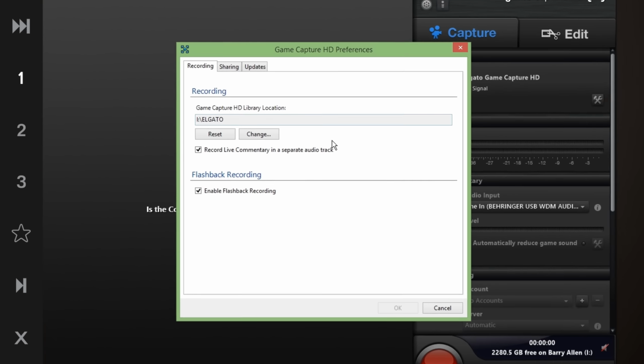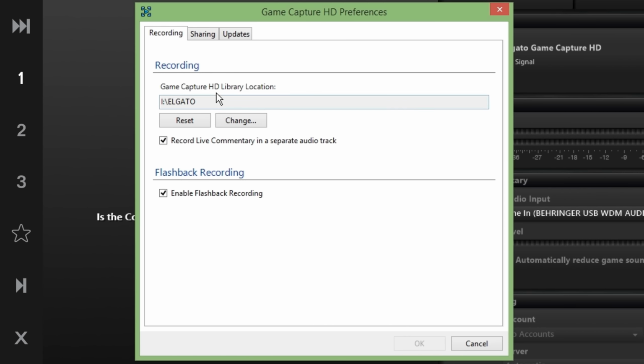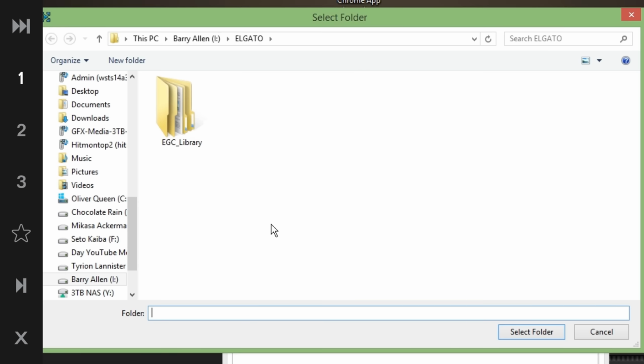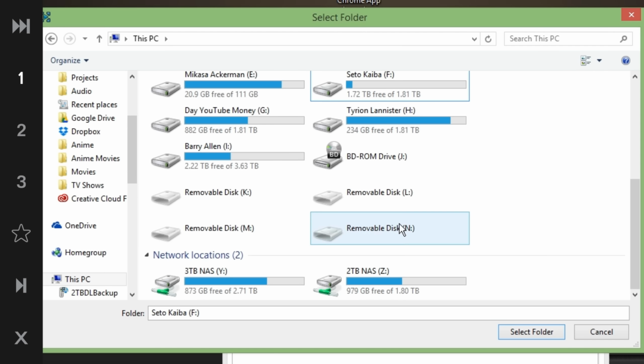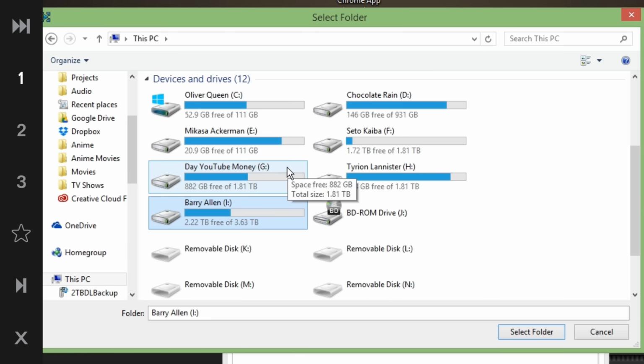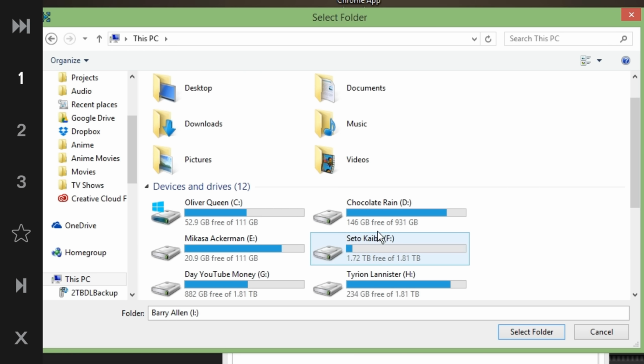Pretty cool feature. Up here is going to be your save location. You're not going to have this commentary feature. You're just going to have the save location. I have mine set to a 2 by 2 terabyte RAID 0 recording RAID. This is basically 2 terabytes working together as one for a faster recording setup. If you, which most of you probably don't, if you don't have that, you're simply going to want to select